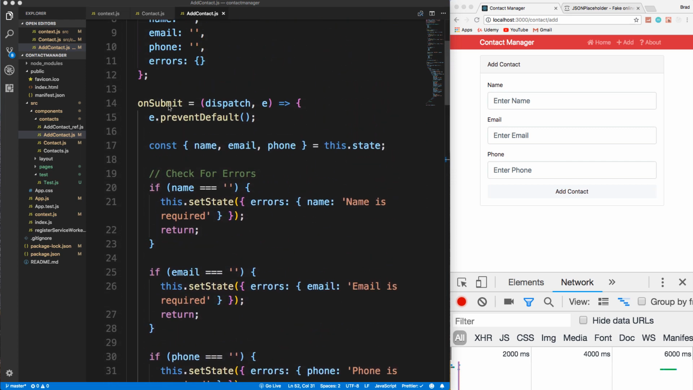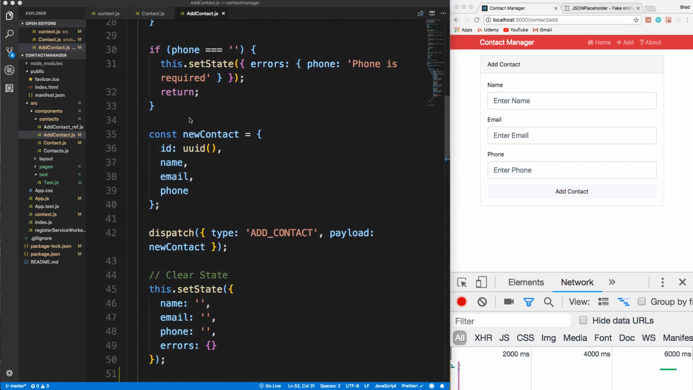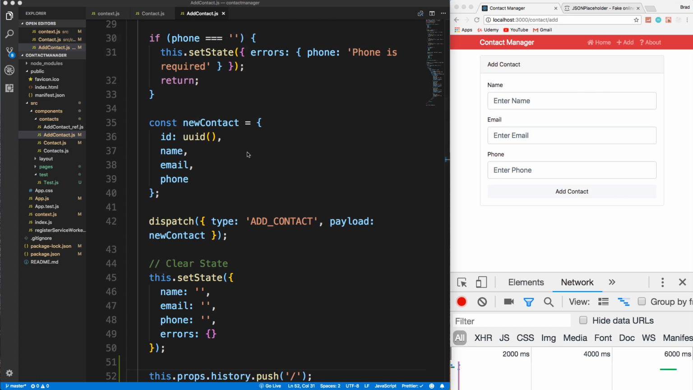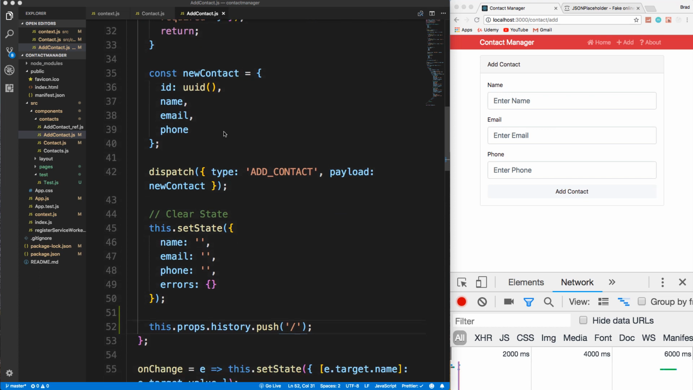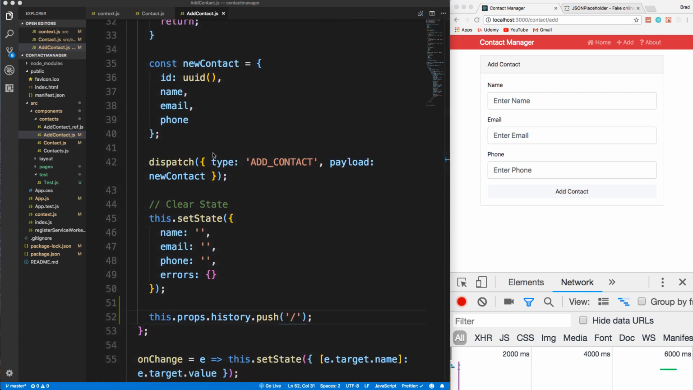So on submit, we check through our errors, make sure everything's filled out. We have this new contact that we create, and then we dispatch. Now we want to do the same thing. We want to make our request here, and then in the promise.then we want to make the dispatch. And instead of just sending new contact, we want to send the response back, because when you make a post